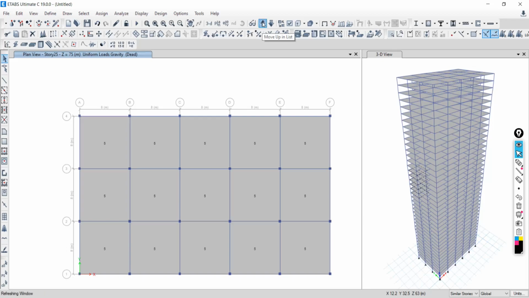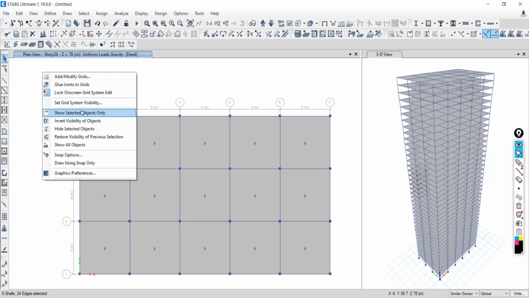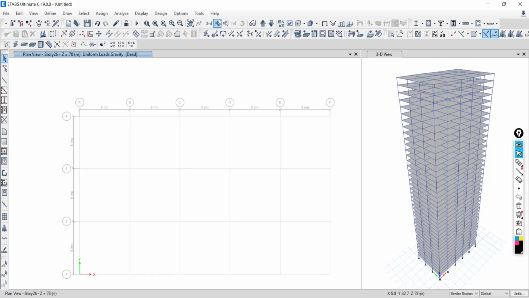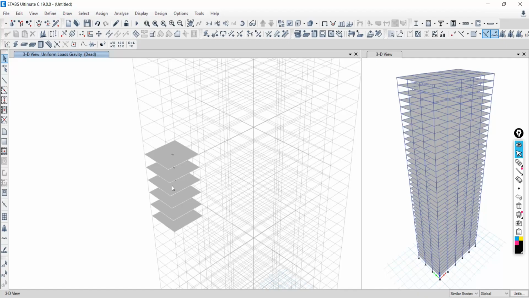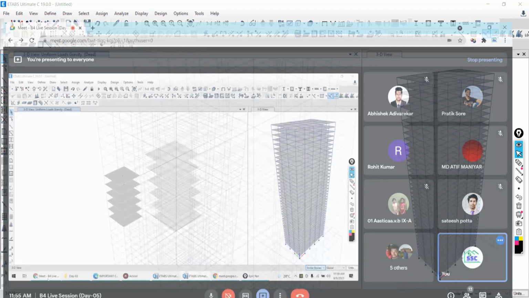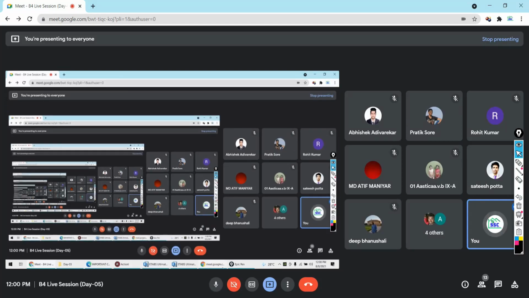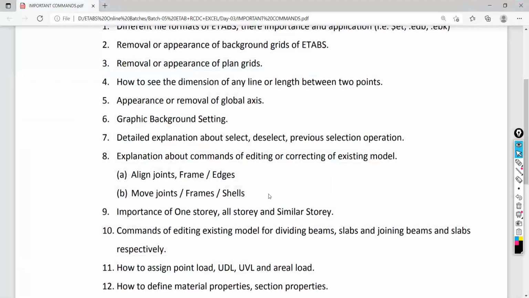Now move to the next, no selection will be there. Just right click on the window, show selected objects. See, take the 3D view. So only these 1, 2, 3, 4, 5, 6 shells are in selection. So that is the application of the similar story command. Is it understood or not?